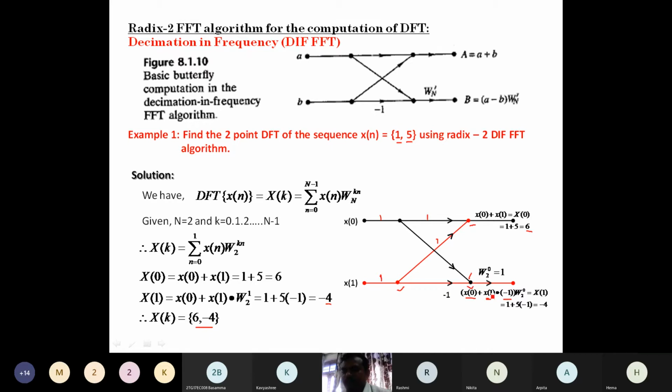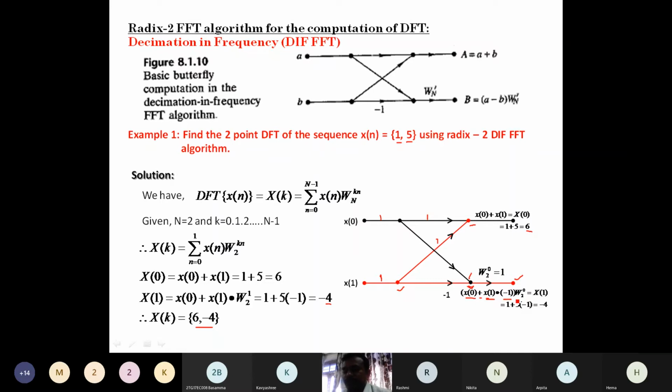A dot, meaning connection of two lines, means it is a summation, so I have used the summing symbol. So x of 0 plus x1 multiplied with line value minus 1. And this overall summation, from the third node to the actual output node, once again there is a change in the value. What is the change in the value? W to the power 0 is multiplied with that input value. So the input value is what? x of 0 plus x1 into minus 1. So the overall thing is multiplied with W to the power 0.